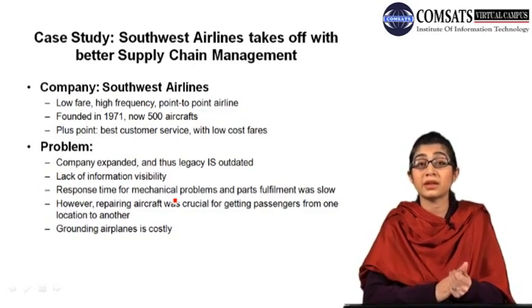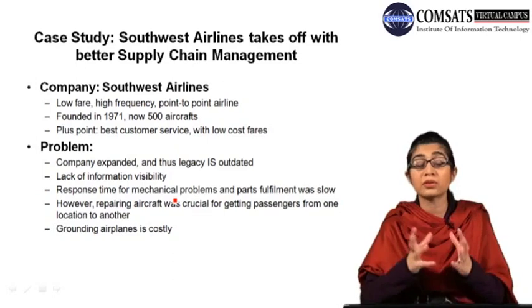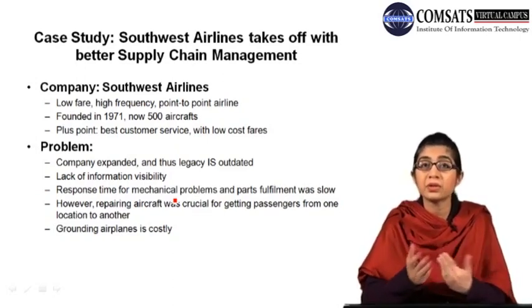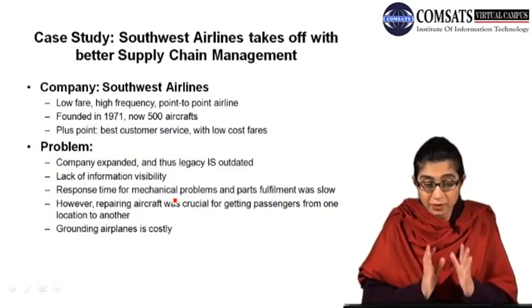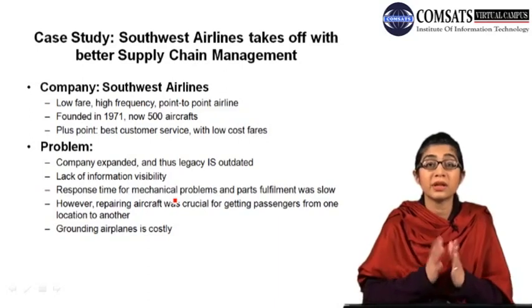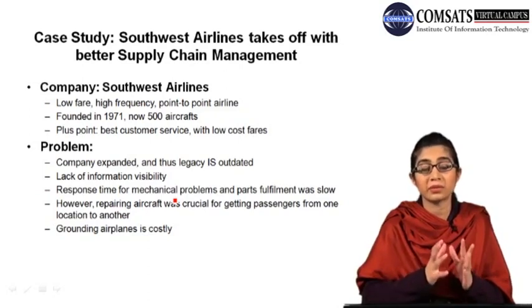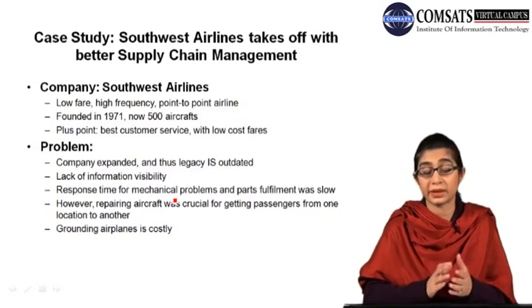just because एक तो ये कि उनके जो mechanical staff था, they couldn't find the right part at the right time, और उनको right information भी right time पे नहीं मिल रही थी. So that's why that whole process of fixing the aircraft was delayed. So that's why it was very important for them to have a software system that could readily identify what kind of part was needed and where that part is right now, so that they can fix it quickly.